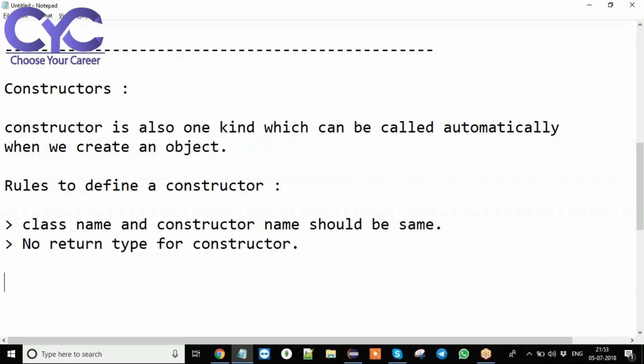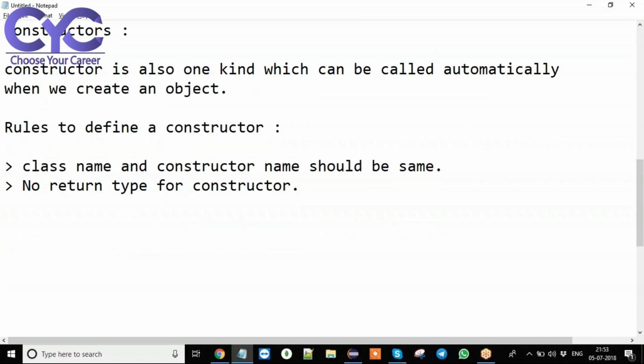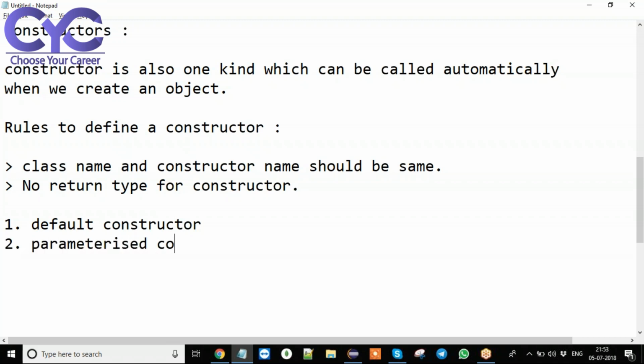Basically, in this concept you are going to learn, first, what is a default constructor. Second, what is a parameterized constructor. Third, constructor overloading.